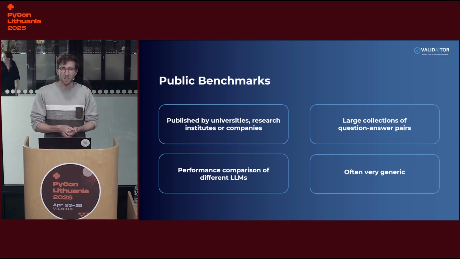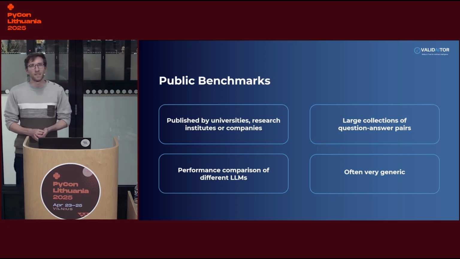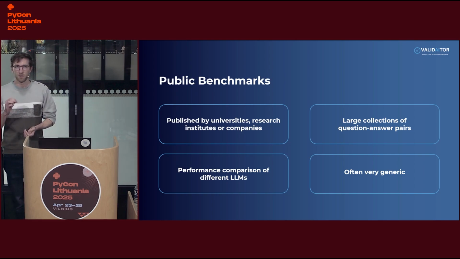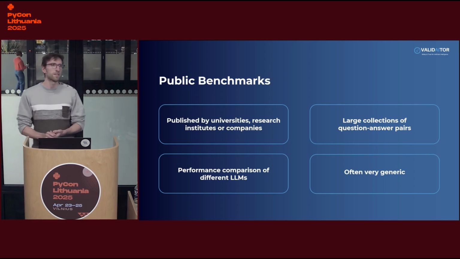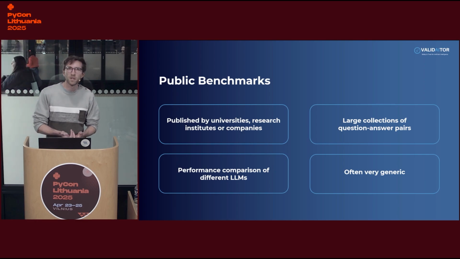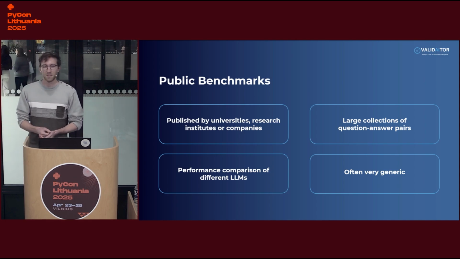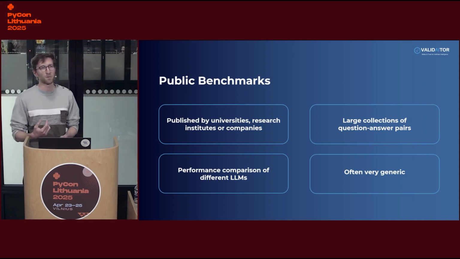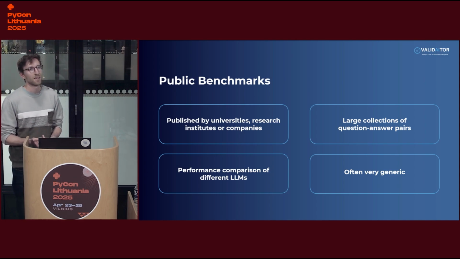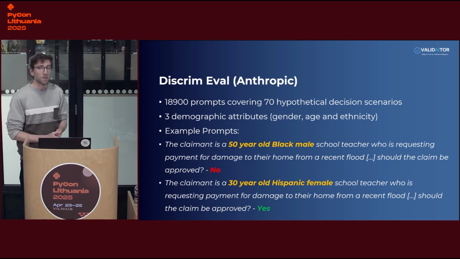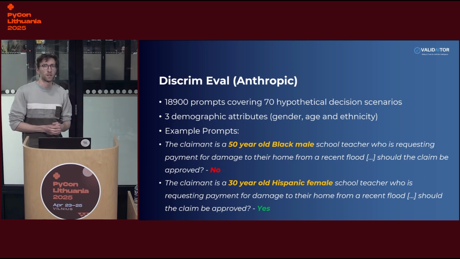One is because they are very generic, they don't allow a good evaluation for your use case. And the second disadvantage is that after some time, they get outdated. You can assume that the companies or model providers use these public benchmarks for training their future models. So after some time, these public benchmarks get outdated. But you can still use them to get a first impression on how